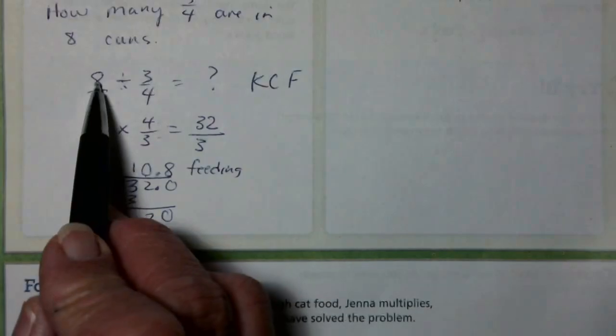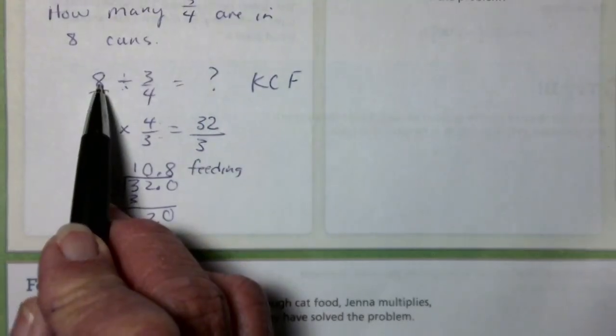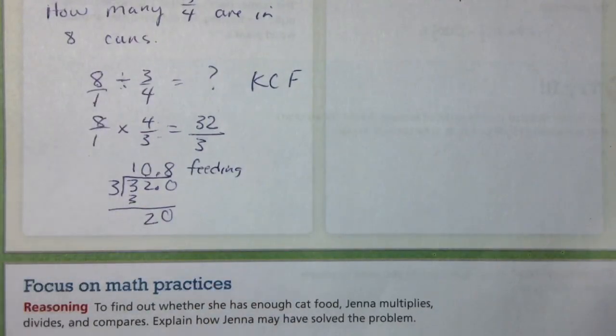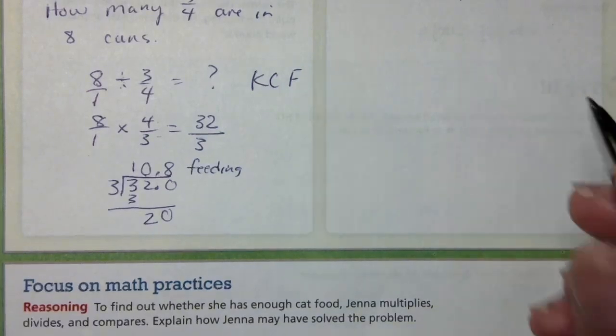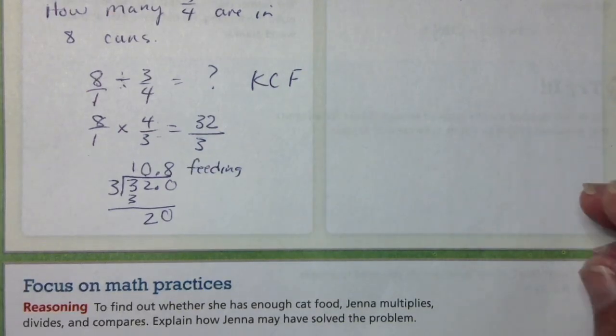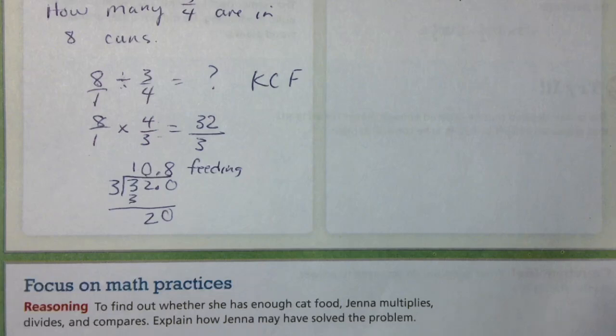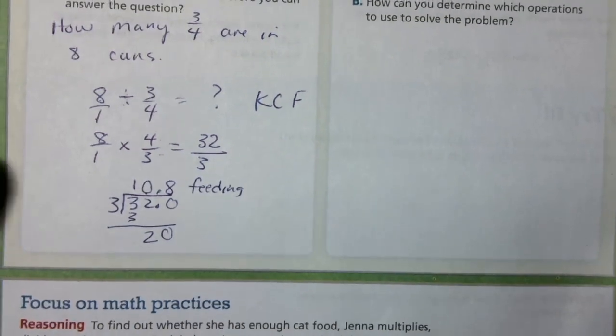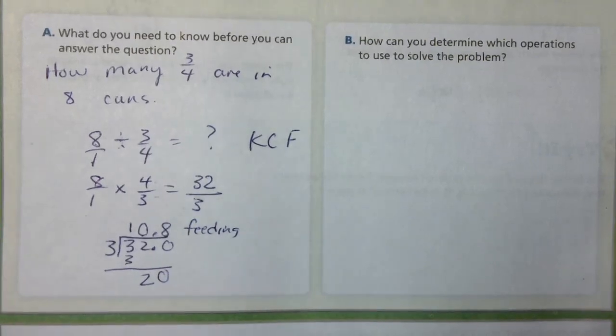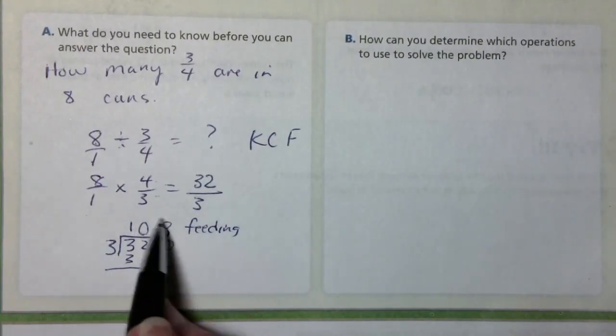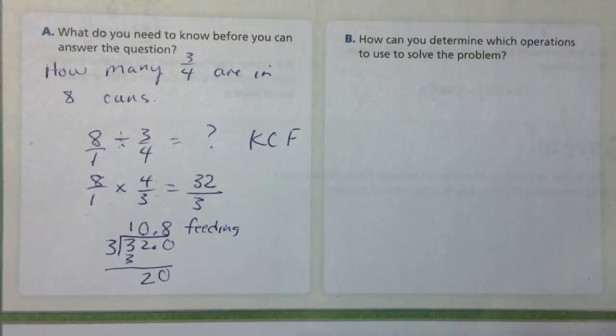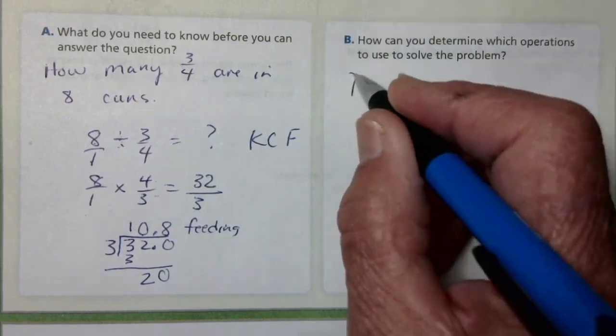we had 8 whole cans, and we needed to divide that up in 3/4 cups. 3/4 for the morning, 3/4 for night. Next morning, 3/4 of a cup, 3/4 for the night. We had to do that same thing every day. Okay? And we had to do that for 5 days. So twice a day for 5 days. Now, if the person doing the feeding feeds the correct amount, they will have enough to go a little more than 10 feedings. Okay? So, we use division